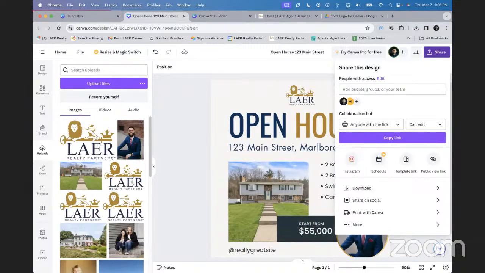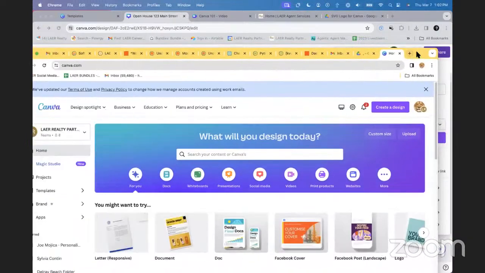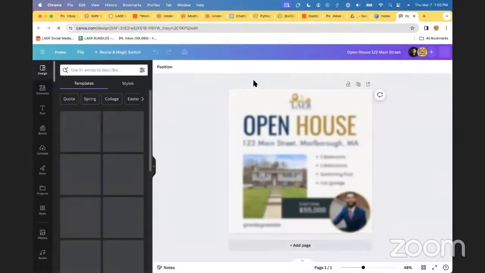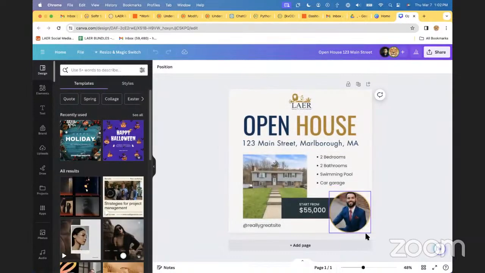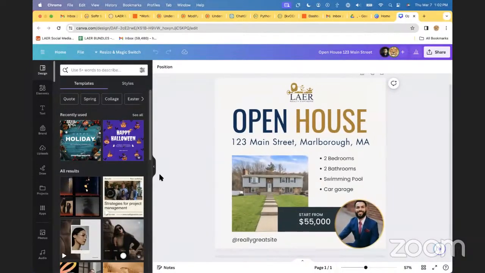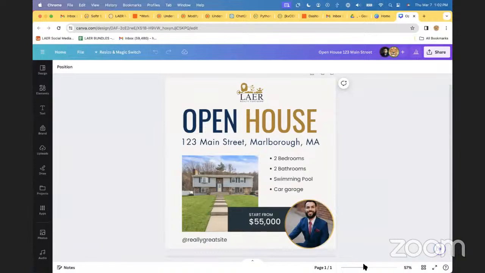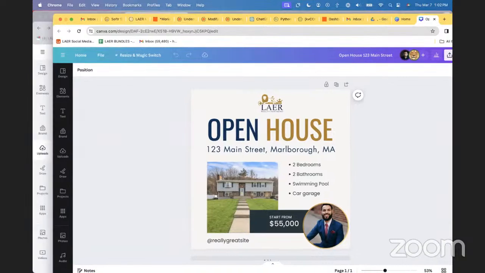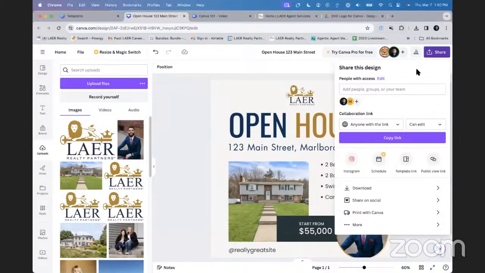So I'm going to switch over to my other Canva account. Here's my other Canva account, and you'll notice that I now have a notification saying that Sergio shared this design with you. And here we have our design. So you'll see that it looks exactly the same, right? This is the same document. Any changes that I make as this account on my end,